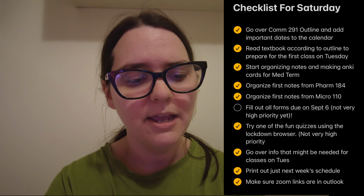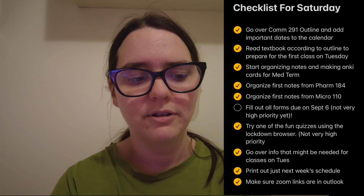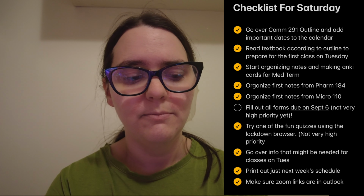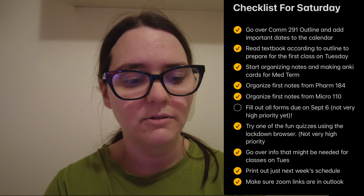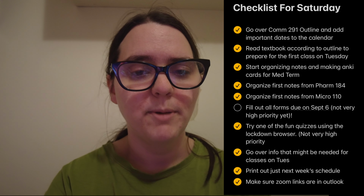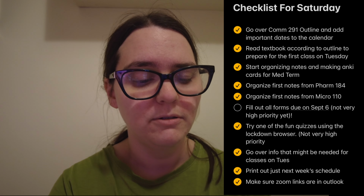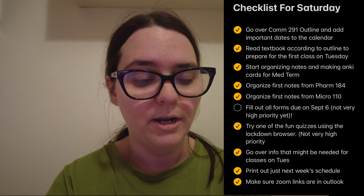Plan for today is I want to go over, so I have a class that starts on Tuesday that I need to go over the outline for and add important dates to the calendar. There's quite a few assignments, it looks like, in this course. I was just briefly reading the outline yesterday. There's also a textbook that I need to read according to the outline to prepare for class on Tuesday. It was recommended in the email that we got that we do that. I don't know if it was required or not, but it was at least pointed out, so I'm going to